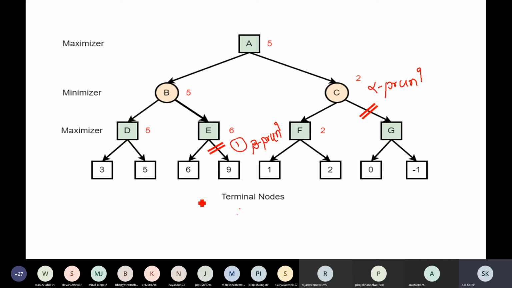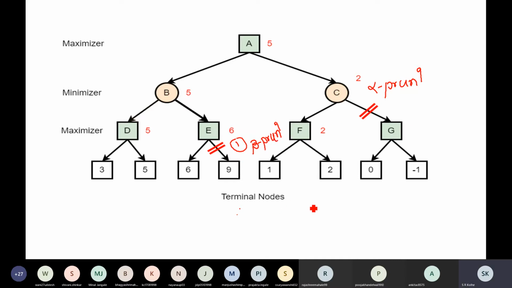So sometimes there is a question: how many alpha cuts will be there and how many beta cuts will be there? After performing the alpha beta cutoff algorithm, you count the number of alpha cuts and the number of beta cuts.